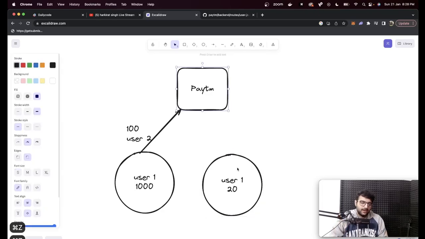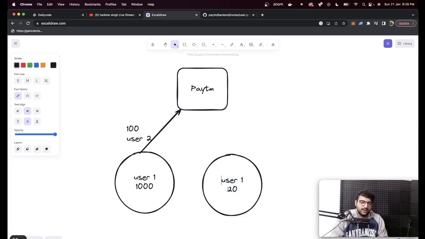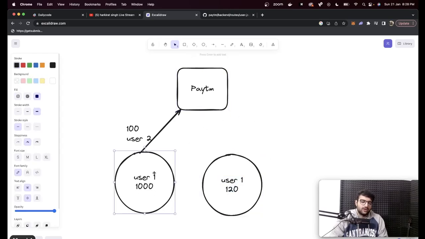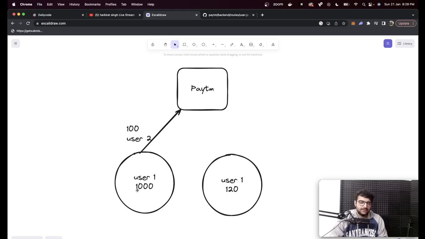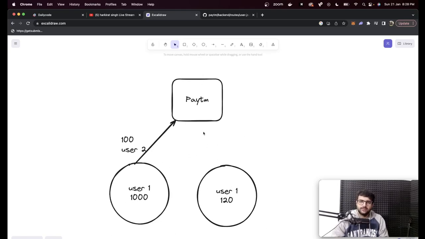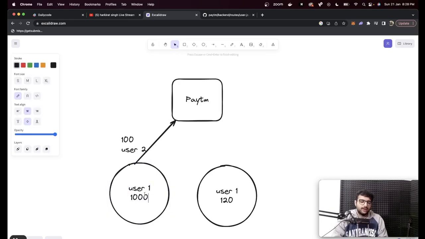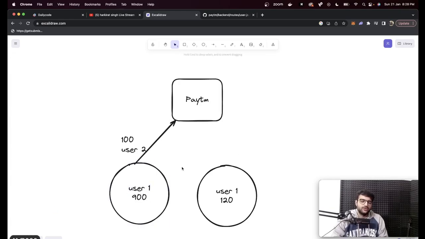This is something that should never happen in even an exchange, even a Paytm like app, a bank, whatever. This is something you need to be very careful of. So this transaction, whenever it happens, needs to be very safe. Specifically, you need to make sure either everything happens or nothing happens. If the database goes down in the middle, something random happens in the middle, you need to revert the whole